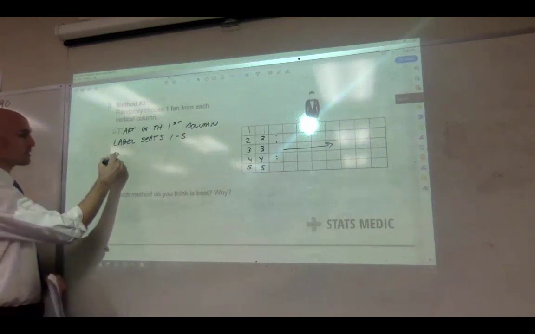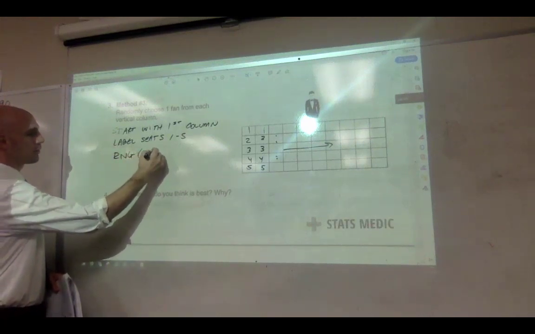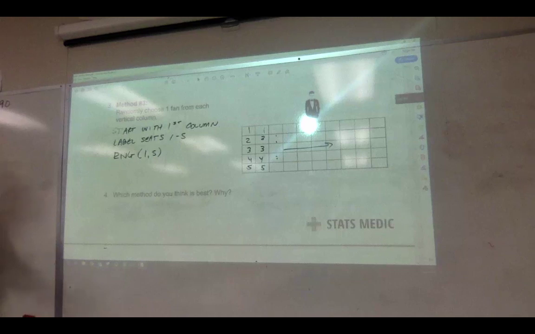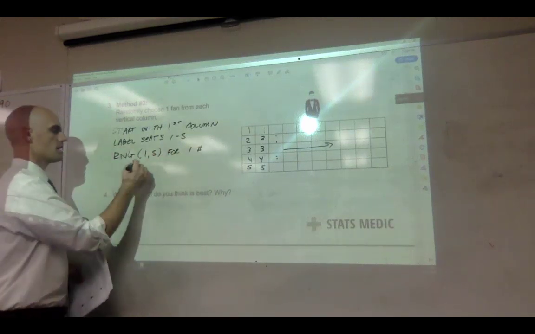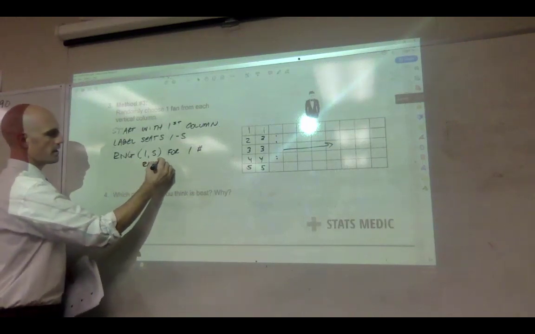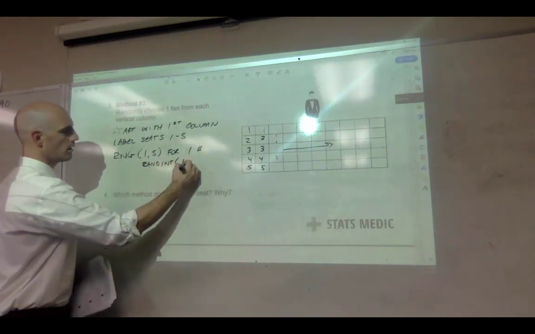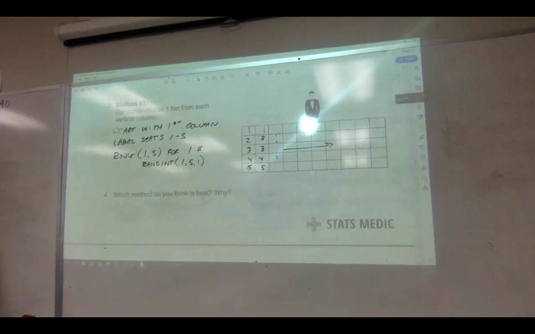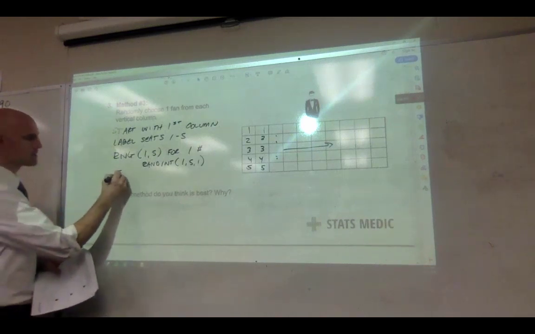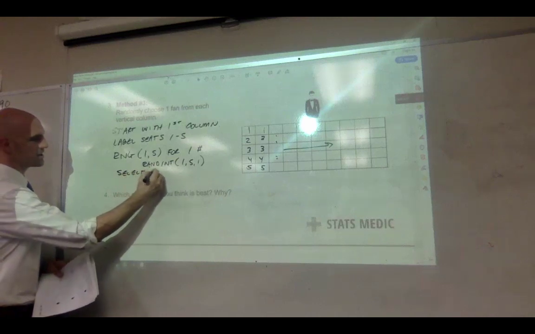All right, random integer, so you do a random number generator for 1 through 5 to get one number. And like we talked about, you might say this, randInt 1, 5, 1. Is there another way to do it? Sure. You've got 10 rows, right? So you could do 1, 5, 10. To do it 10 times, it would give you 10 numbers. And you have the one for each row. Okay? So select the seat